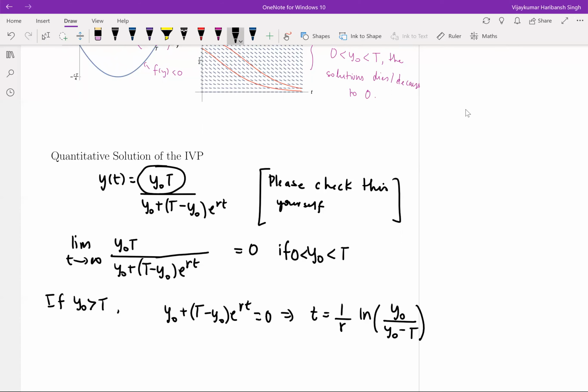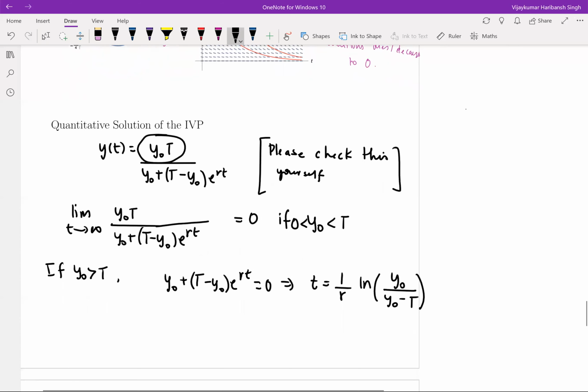So what is the problem with this? The problem is that the solution, so now your y0 is greater than t. You have y0 greater than t, so this is positive, this is positive. So this makes sense, all right? I'm not writing an expression which is undefined. So now if y0 is greater than t, you will see that the solution becomes